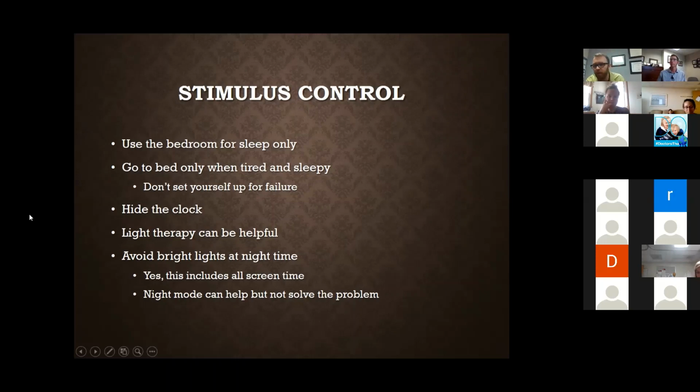Light therapy upon waking is going to be really helpful. I didn't mention this earlier, but for a healthy adult, the typical go to sleep time should be less than 30 minutes, and the typical waking time should be less than 30 minutes. And so you should be at your complete sleep within 30 minutes, and you should be at your most awake within 30 minutes. And light therapy can be really helpful for that waking cycle.